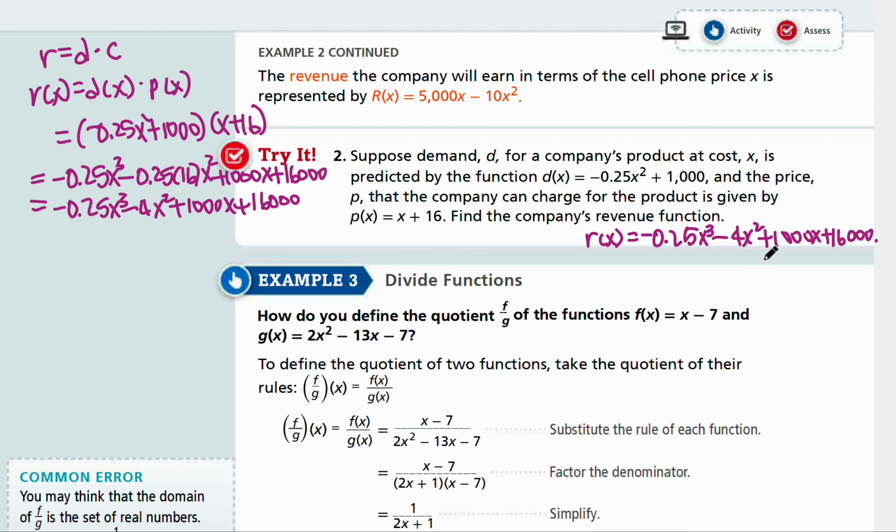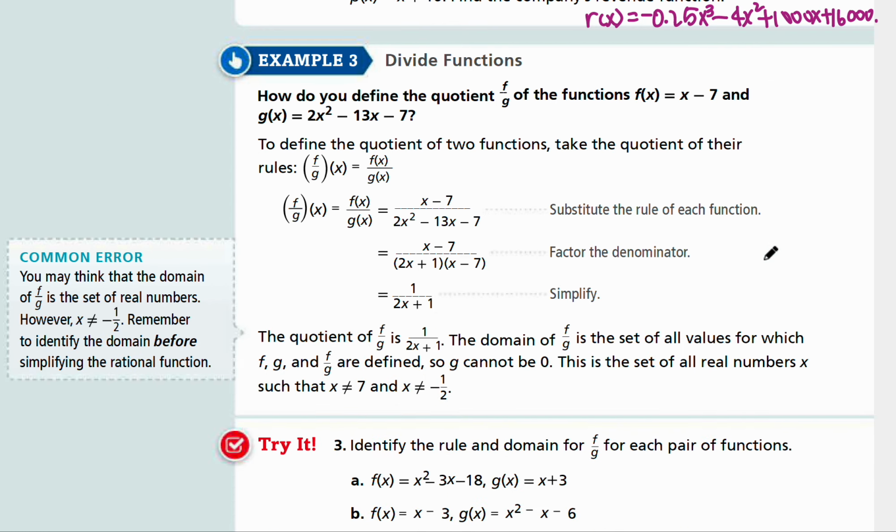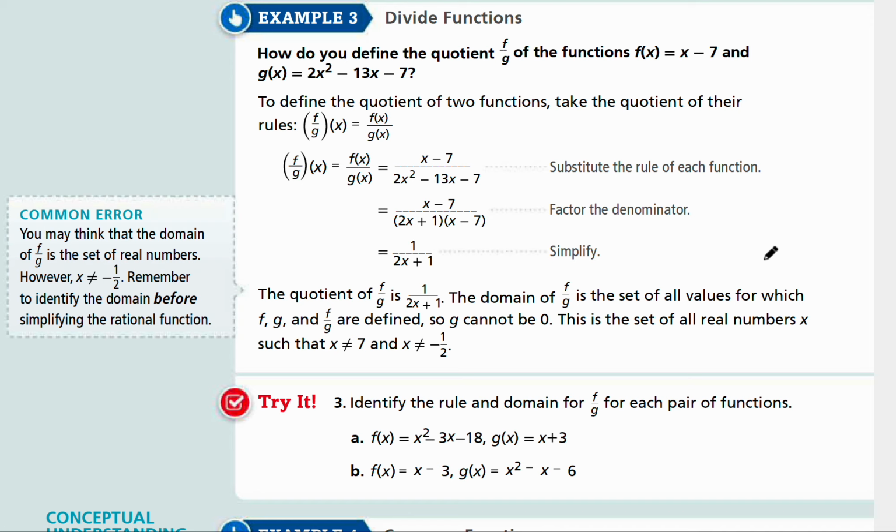All right, let's look at example 3, dividing functions. How do you define the quotient f divided by g of the functions f of x equals x minus 7 and g of x equals 2x squared minus 13x minus 7? To define the quotient of the two functions, take the quotient of their rules. So you're going to divide this by that, and we do have domain restriction because it's a division, right? It's a